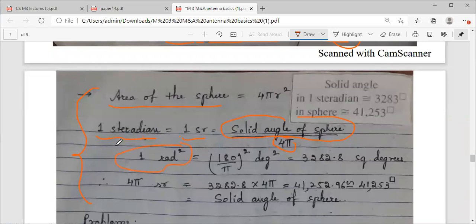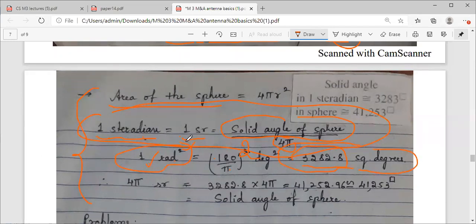तो 1 रेडियन स्क्वायर, ये मैंने स्टीरेडियन का आपको इंफॉर्मेशन दिया है. 1 radian square is 180 divided by pi, whole squared. You know how to convert radians to degrees, degrees to radians. 180 by pi you make. जब आप 2 टाइम्स स्क्वायर कर रहे हैं, take the square, 180 बाय पाई अगर आप स्क्वायर कैलकुलेटर से कैलकुलेट करोगे, you will get 3282.8. सो 1 स्टीरेडियन इज इक्वल टू 3282.8 स्क्वायर डिग्रीज.